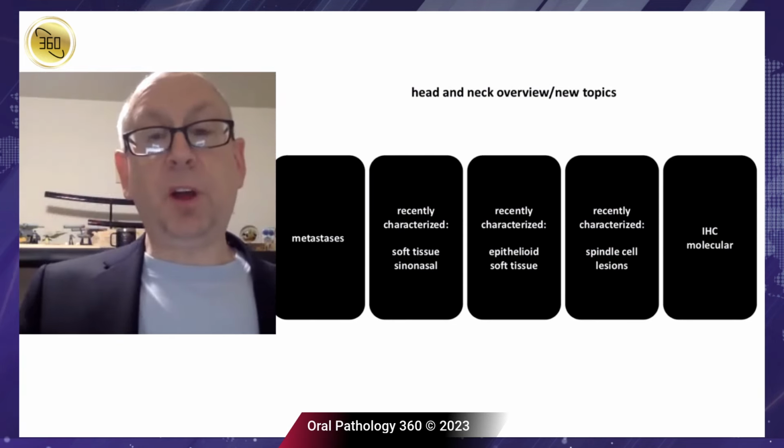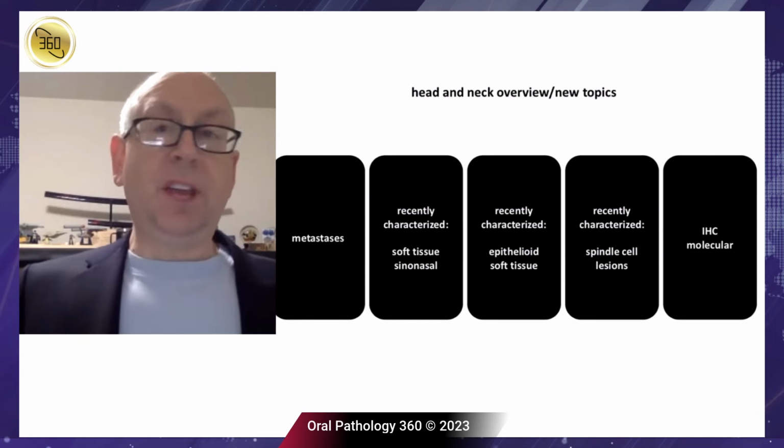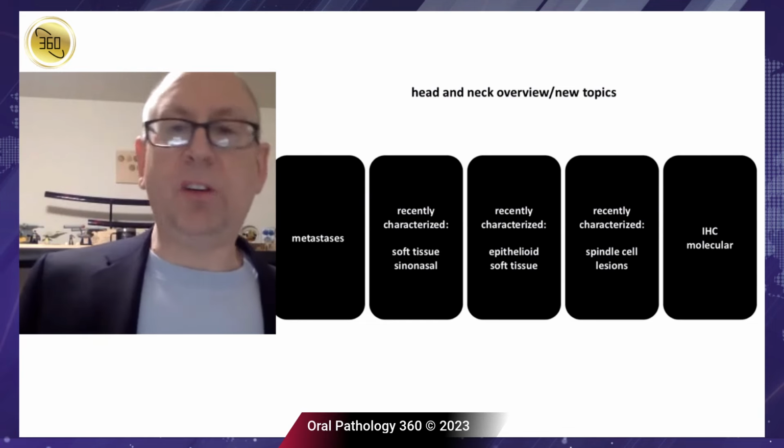So that's kind of my very long overview of all the things that we have to know, not just as oral pathologists, but we also have to potentially be, like any other pathologist, a soft tissue pathologist, an endocrine pathologist, a skin pathologist. So in that context, what I want to do is walk you through. We're going to do some groups of tumors here. And after each group of tumors, we can pause for a moment or two and see if there's any discussion.